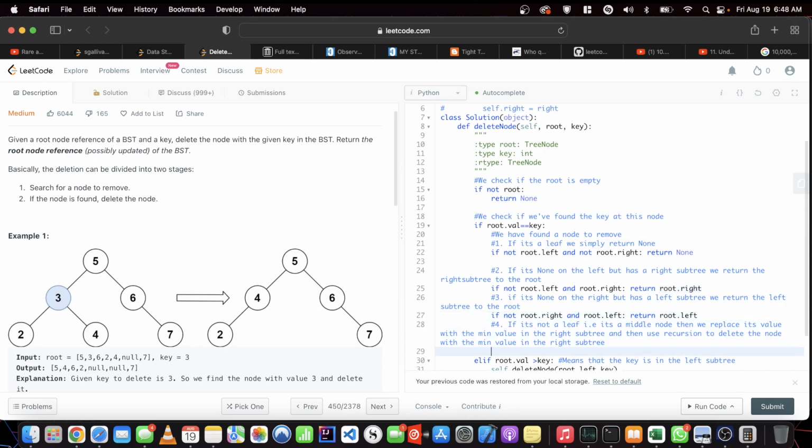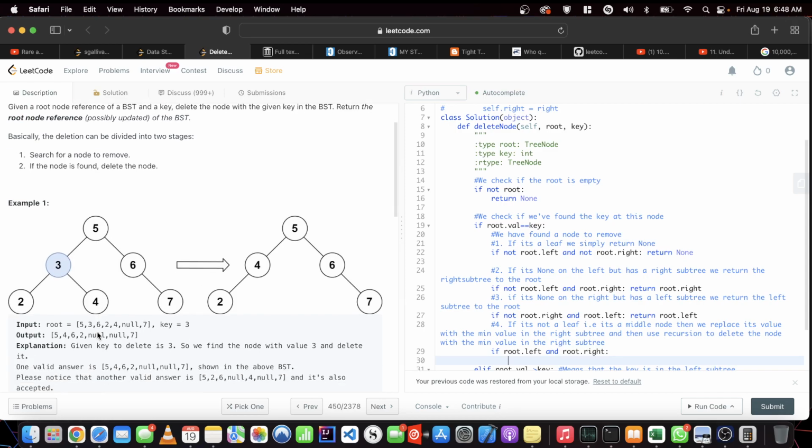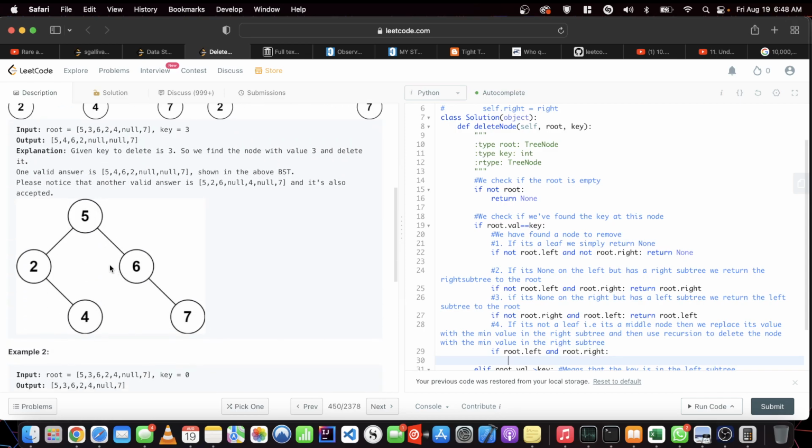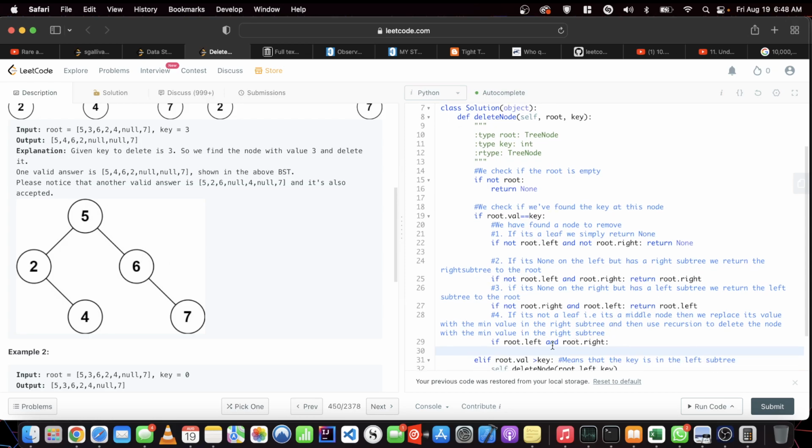Then the final part is if root.left and root.right. So that's this case, where it has both sides. We delete this by finding the min value on this side. If it was 5, we'd find the min value on this side, which is 6, and place it here, and then come through and delete the 6, right? So if root.left and root.right,